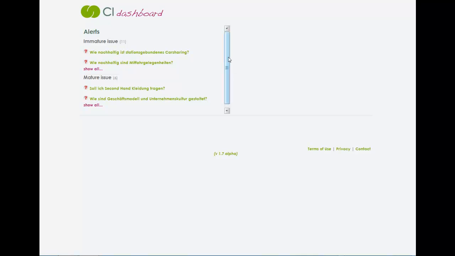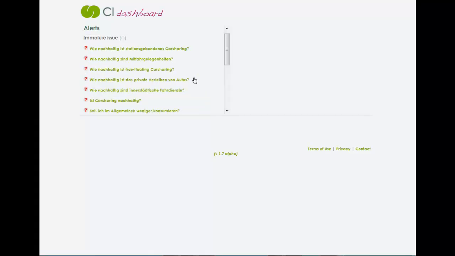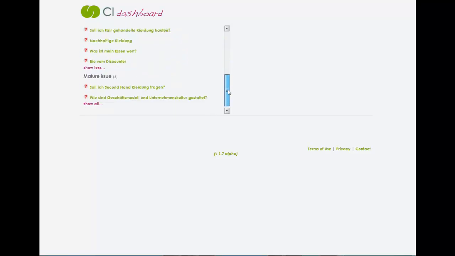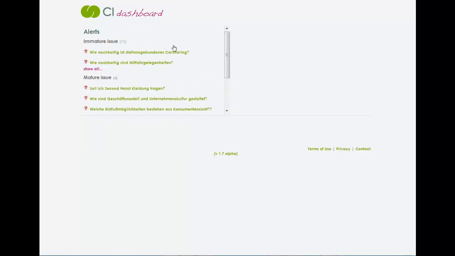So here's what an embeddable iframe of alerts would look like, and this has only returned results for 2 of the alerts, so for the other 2 there were no results. And this one has 11 and this one has 6, so we have 11 issues it considers to be immature and 6 that it considers to be mature. And you will see